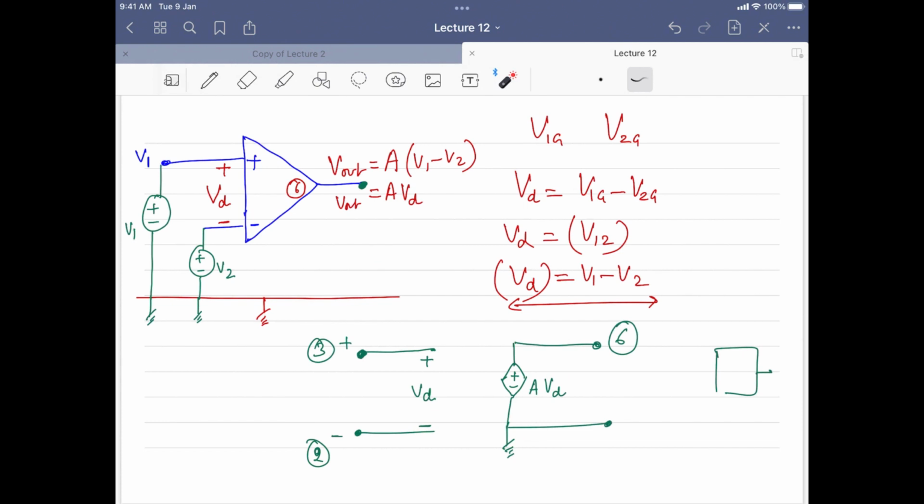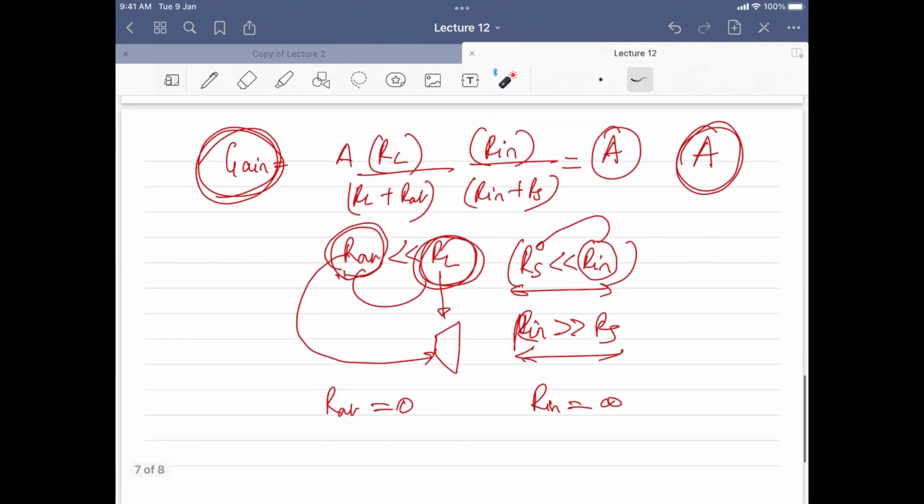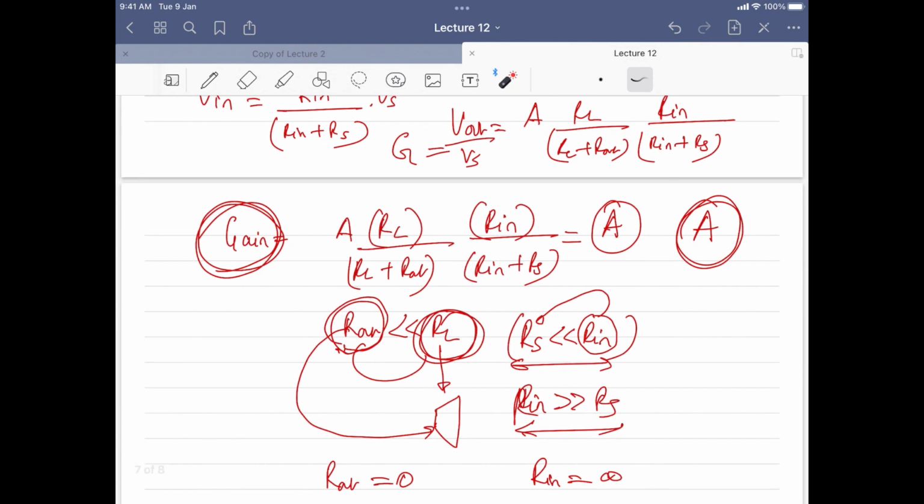Sir, one doubt. Yes. Sir, you told that to keep the amplifier as A, can't we keep R out and R in the same as R load, and adjust A like that? I didn't get what you are saying. Sir, you want to amplify the circuit by A times, okay? Yes. Sir, then you told that we have to take R in to be 0. No, R in has to be very large compared to RS. Very large, yes. And R out to be 0, sir.